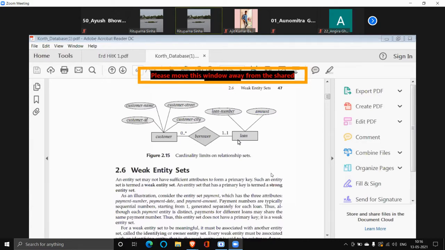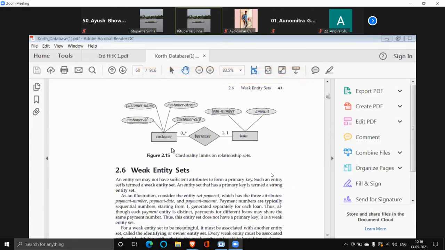And from the loan side, it is many to 1. A customer can have many loans and a loan is associated with only one customer. So 1 will be on which side? Customer side, and many will be on the loan side.